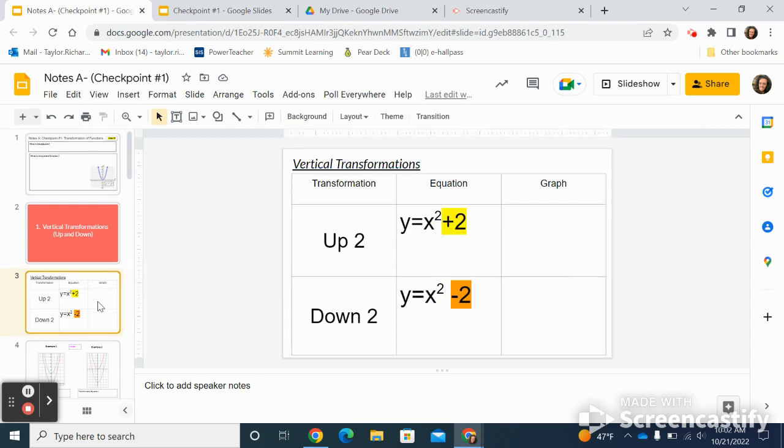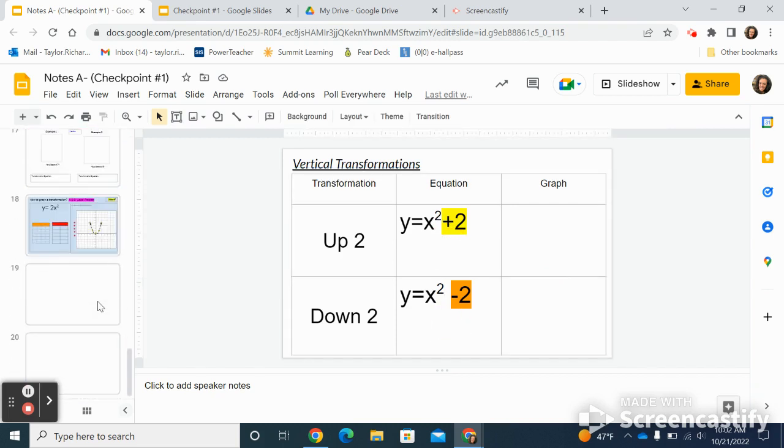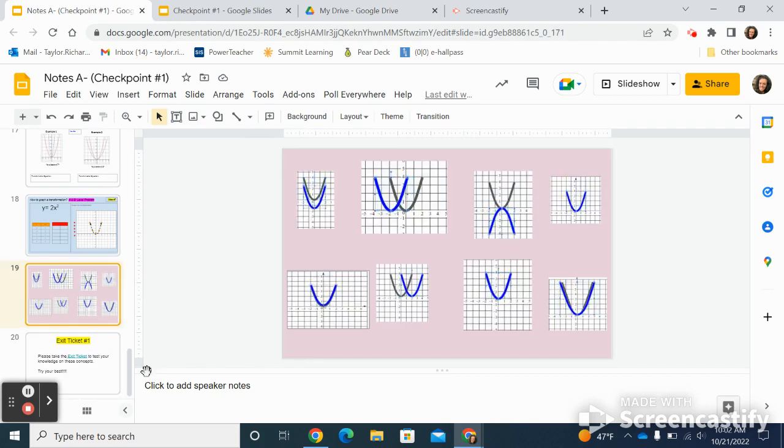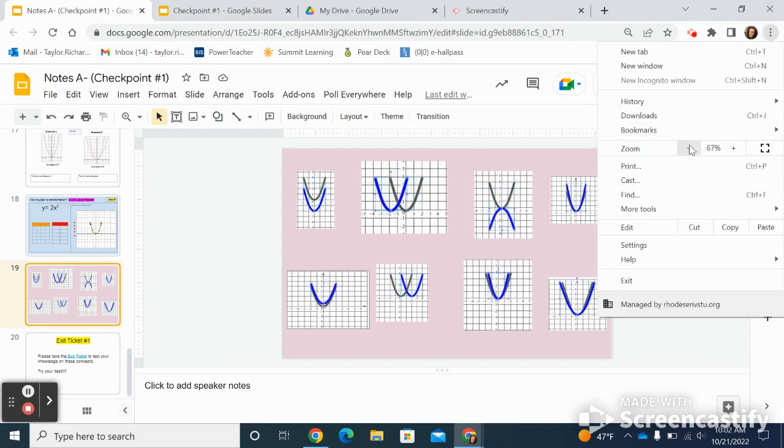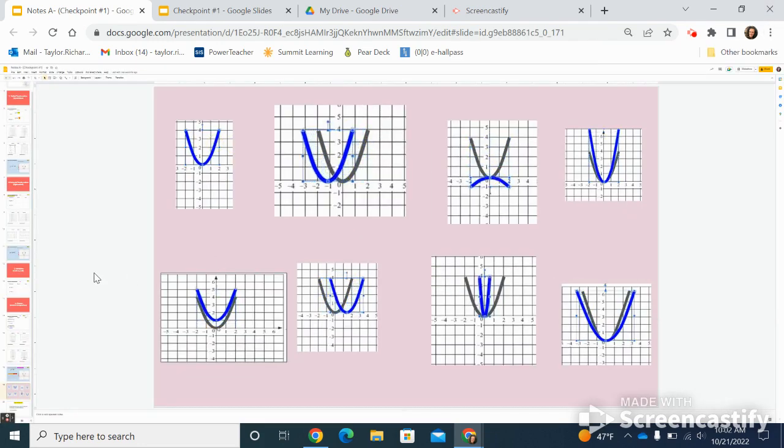So what I want you to do in your notes, if you can scroll to the second to last slide, slide number 19. There are all of these moving pictures. We have to figure out which picture shows up 2 and which picture shows down 2. So you're looking for, it's starting at 0. And let's look for up 2 first. So as you look at all these moving pictures,